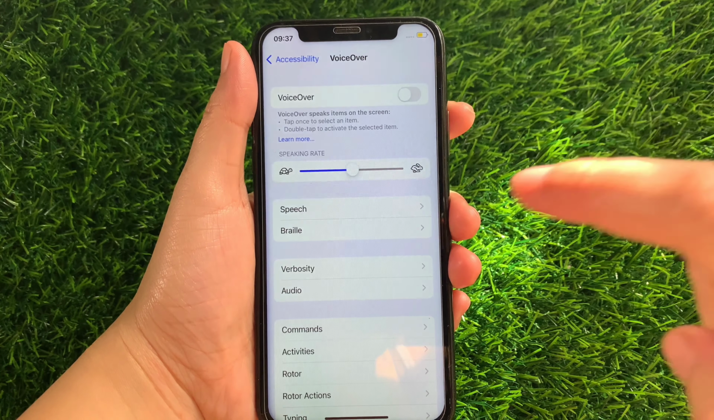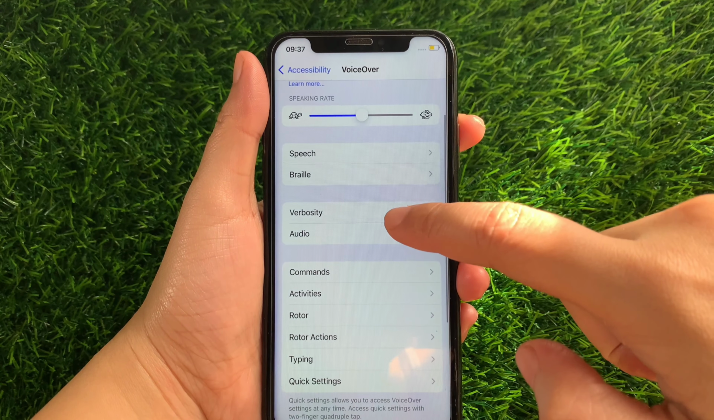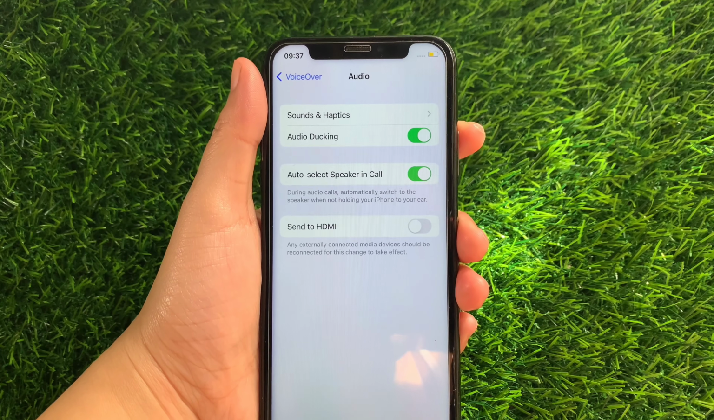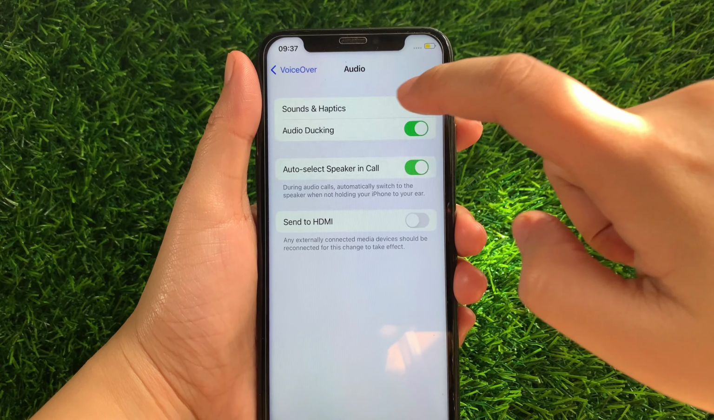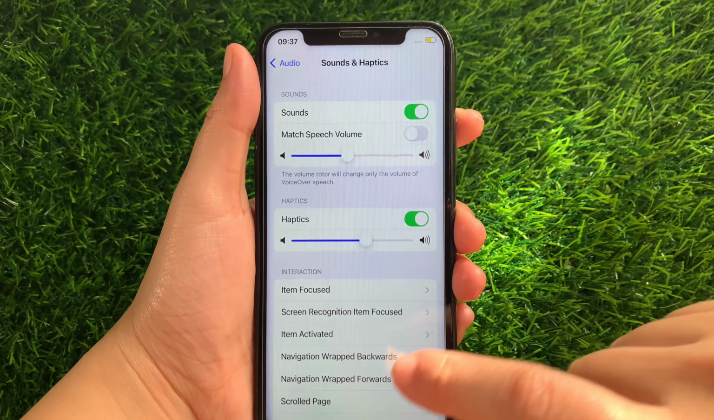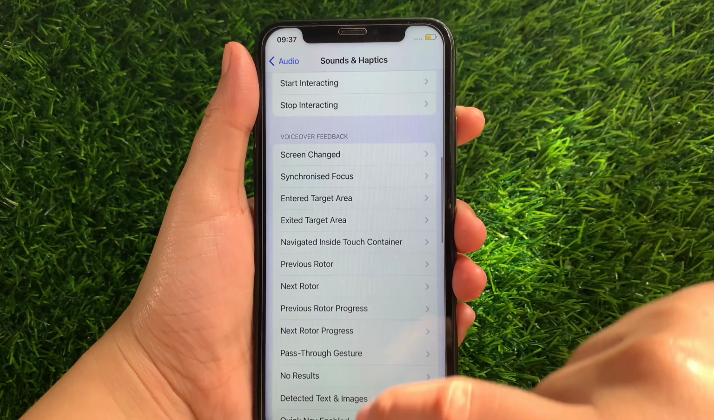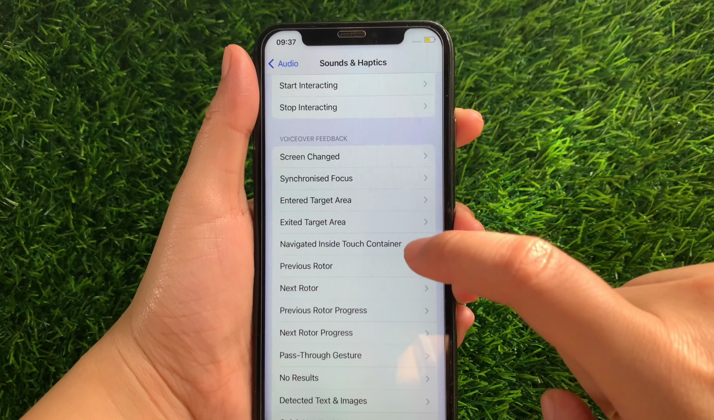Then after that, in the voiceover, scroll down and find the audio and then tap. Then in the audio, tap the sounds and haptics. Then in the sound and haptics, scroll down and go to voiceover feedback section and then find the previous rotor,